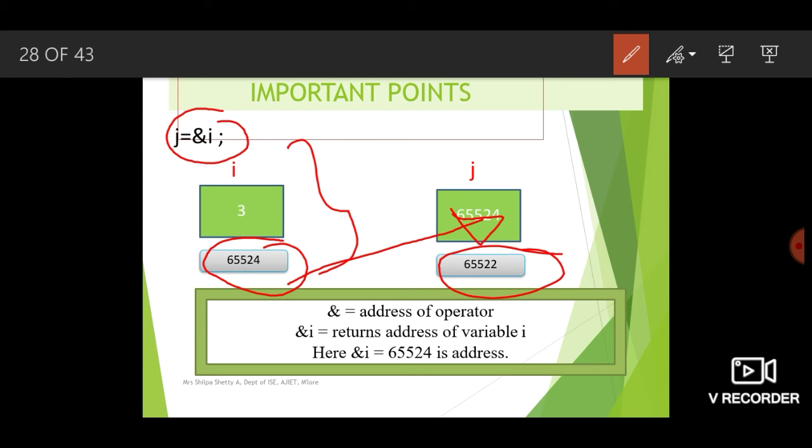Ampersand means address of operator, so that is very important. When you write ampersand i, it returns the address of the variable i. So here ampersand i, that is address of i, is 65524, and that gets stored in j.